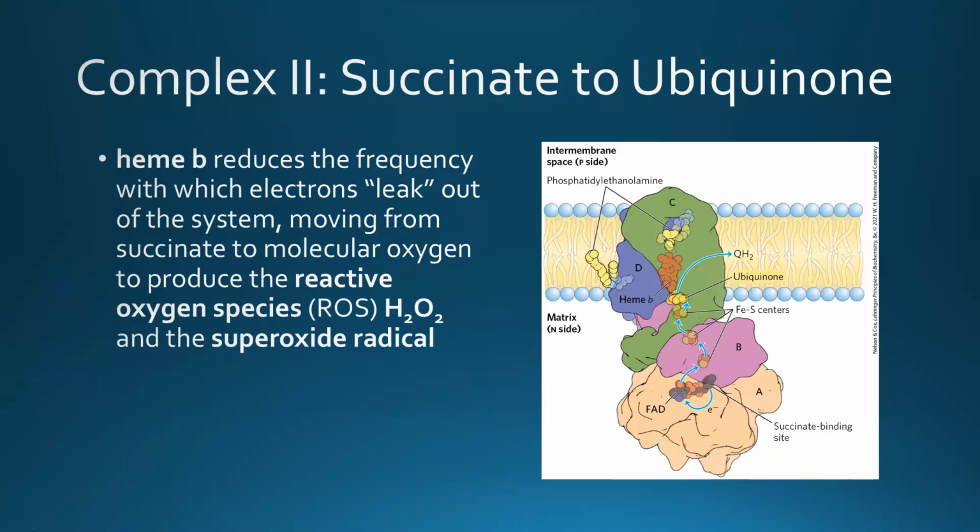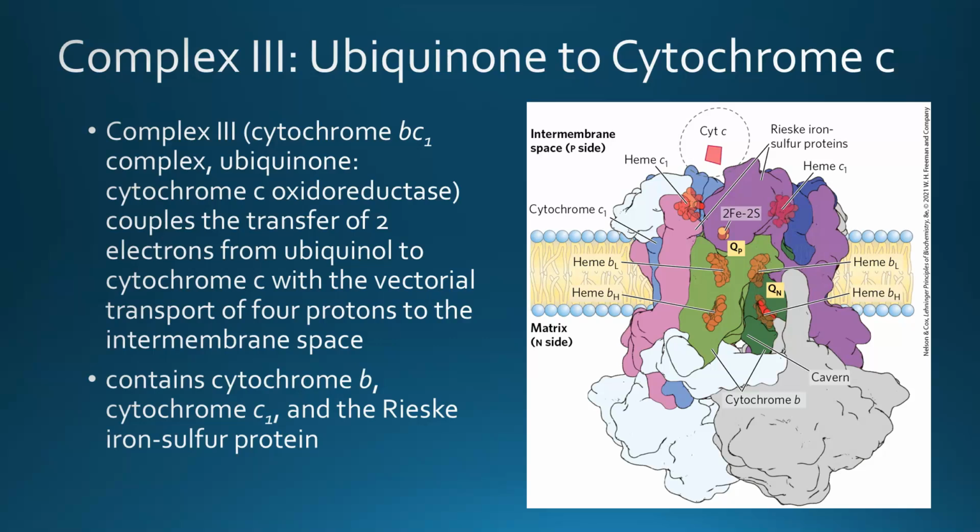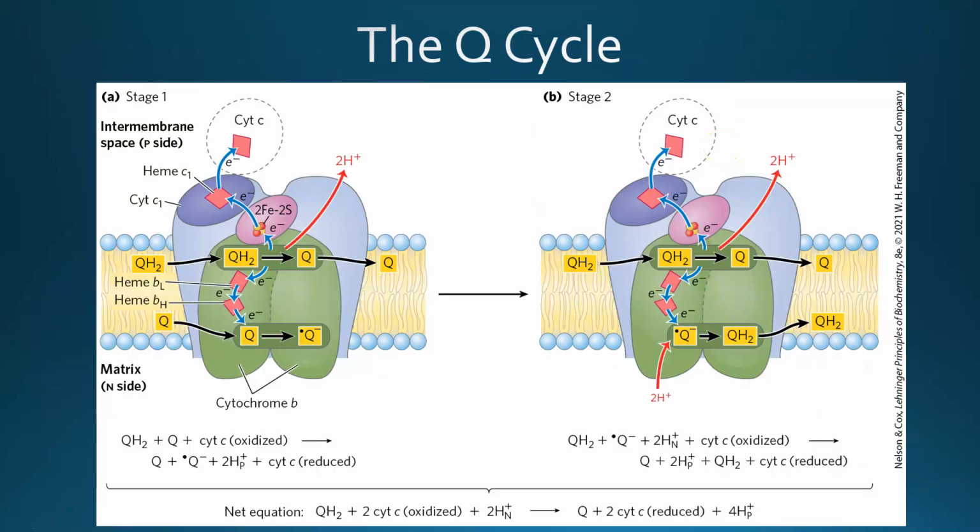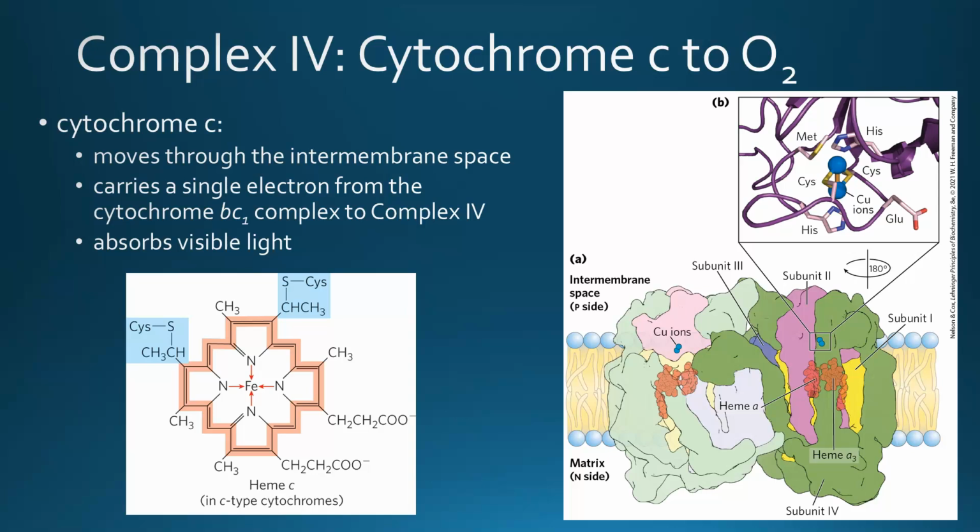so from this point, the pathways from NAD and FAD converge. In complex 3, coenzyme Q transfers electrons through various cytochromes, those are heme-containing proteins, eventually to cytochrome C, which is a soluble electron carrier. And in complex 3, which we're looking at here, 2 protons are pumped in this complicated Q cycle that you're not responsible for. In complex 4, then, the final electron transport complex, cytochrome C brings the electrons over and transfers them through some various cytochromes.